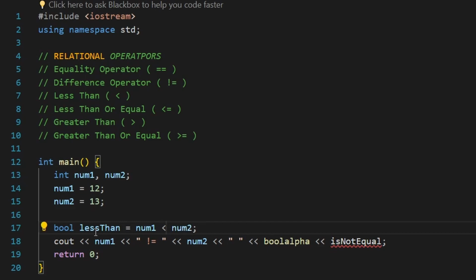This is the sign that represents the less than operator. What I'm doing here is checking if this operand, num1, is less than this operand, num2. Is num1 less than num2? Well, let's see. Num1 is 12 and num2 is 13. Is 12 less than 13? Yes, it is. So that is why this expression will evaluate true, and the value of true will be